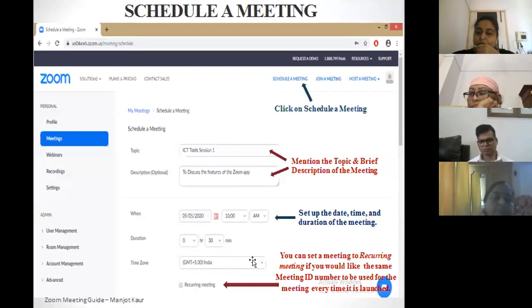And the time zone: by default, if you are residing in India, you get this particular time zone, which is GMT plus 5:30 India. If the time zone is of another country, please make sure that you select the proper time zone so that there is no confusion between the time zones of other countries and India.